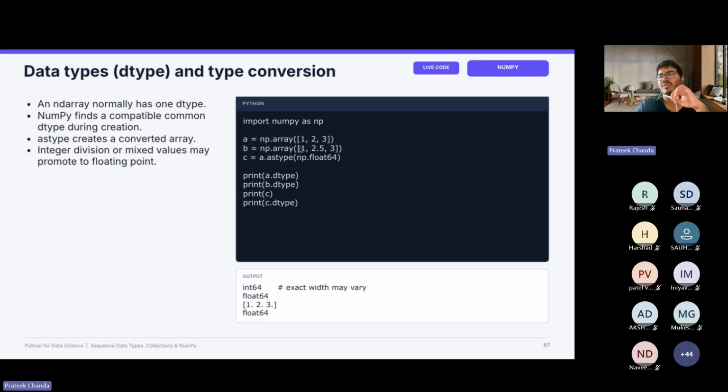So it's converting each of the integers into floating numbers. This is how you can convert from one data type to another. NumPy finds a compatible common dtype during your creation process, and astype creates a converted array. You can also do integer division or mixed values to promote floating points while creating the array.